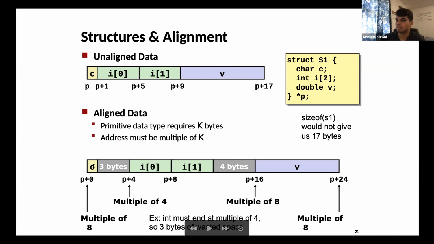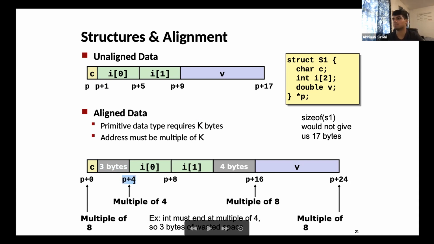So if we store a character, that's fine. A character could be stored anywhere, right? But the next thing is we have to store an integer, and an integer is 4 bytes, right? So k here would be 4. The address has to be a multiple of 4 wherever the integer starts. So that means these 3 bytes would result in wasted space,